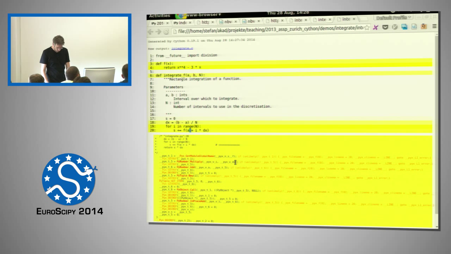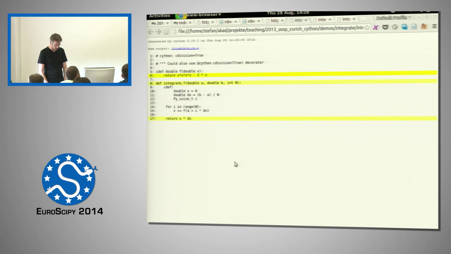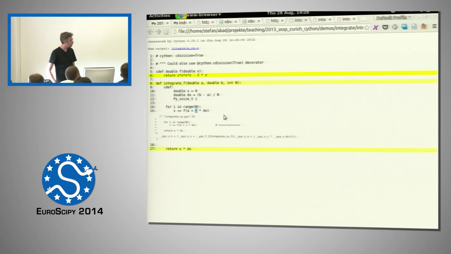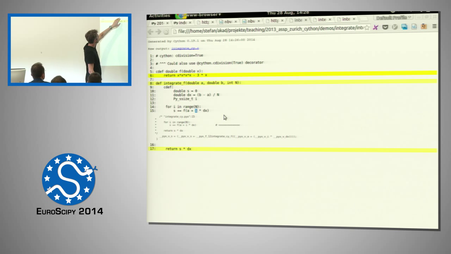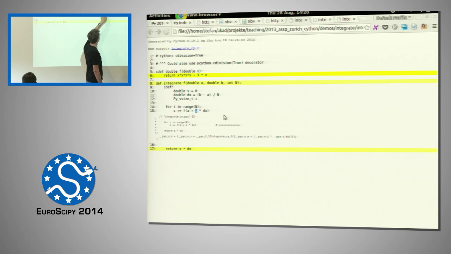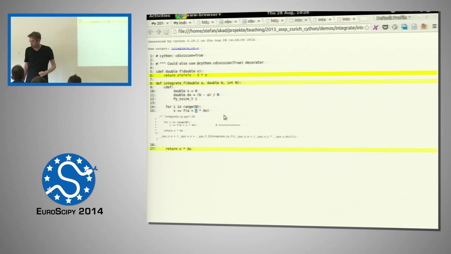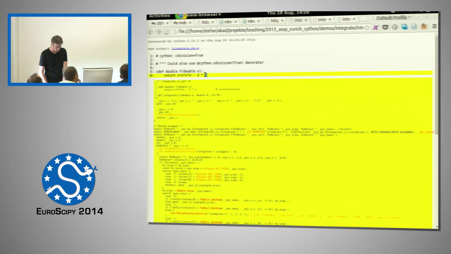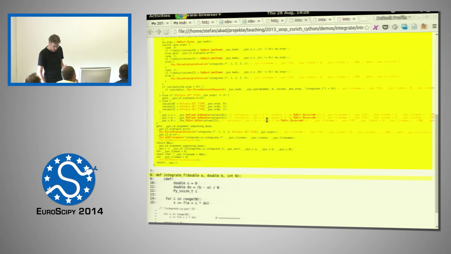Whereas if you look at the version that we ultimately generated, it's mostly white. And if you look at this line of code, the variable names are a bit obscure because it's machine generated. But you can see here is a variable s plus a function call to a plus i times dx. So it's a straightforward translation of what you see in the code above. And if you go into the function itself, there's a lot of code just to generate the function header and so forth. But once you get to what's actually being